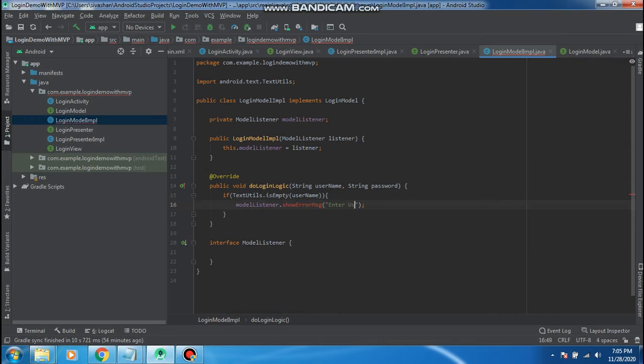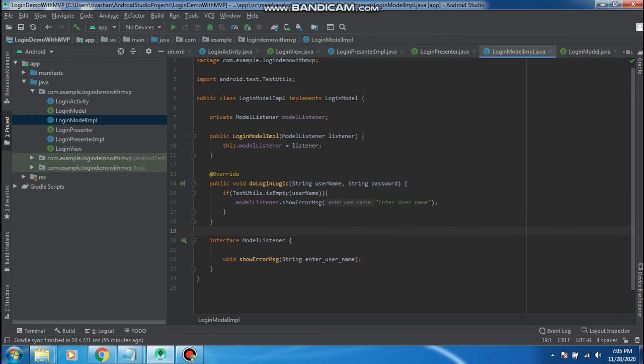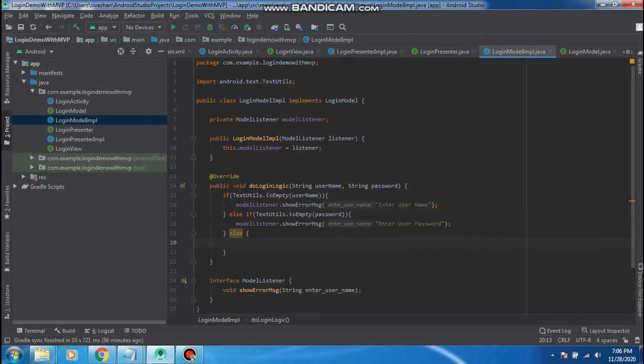Enter user. Here I validate two values, username and password. If it's empty, I show the error message. Otherwise, I show the login successful message.